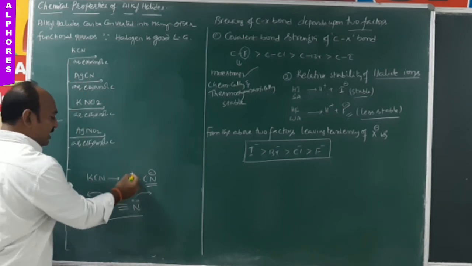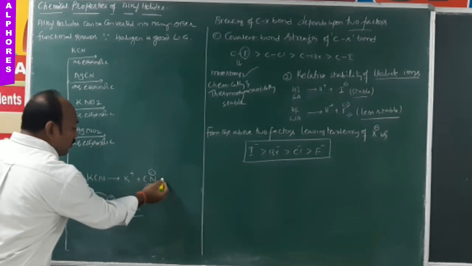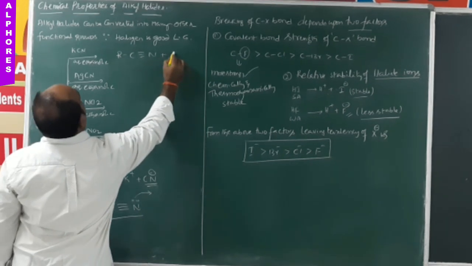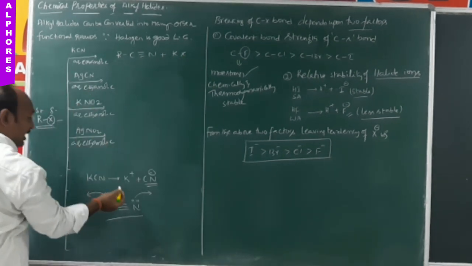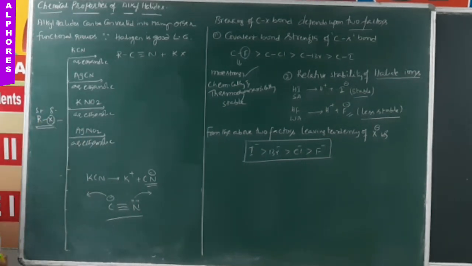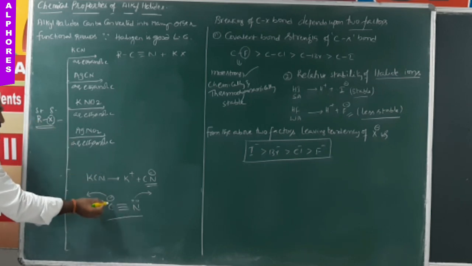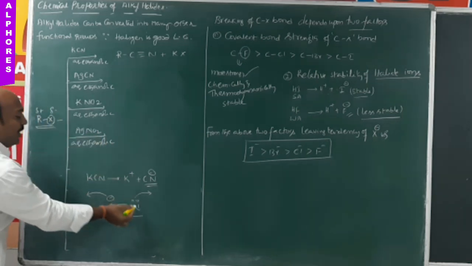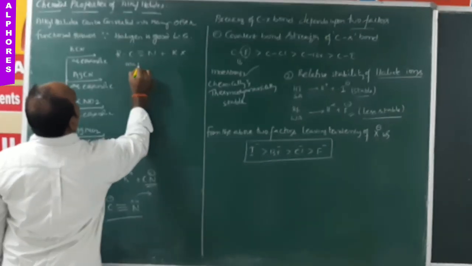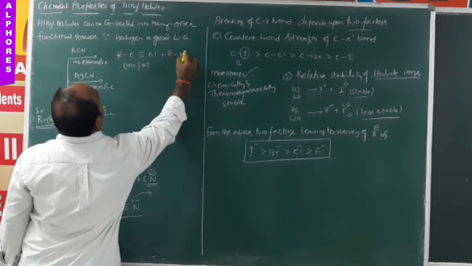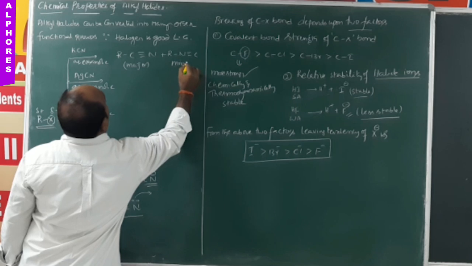In case of KCN, K plus CN minus readily breaks. Now we get the product RC triple bond N plus KX. That means here carbon donates its electron pair to the electrophilic carbon of the alkyl halide. That means there will be a new bond formation between two carbon atoms, one carbon of cyanide and one carbon of the alkyl group. And nitrogen can also take part. That's why we can say cyanide is the major product. Along with that, RNC is a possibility, and this is a minor product.